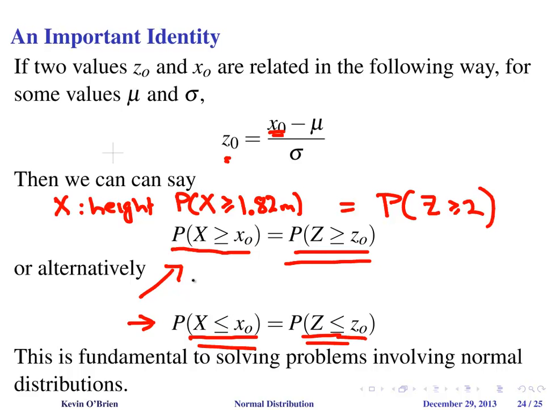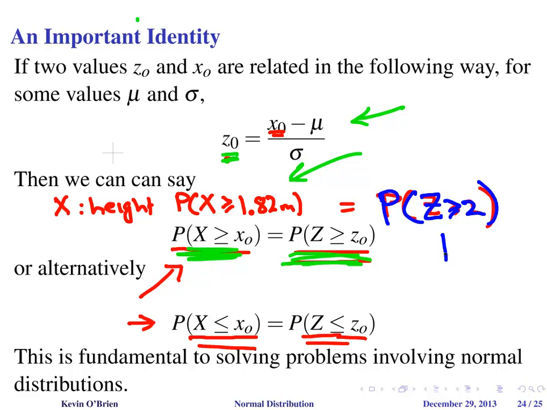So what about this? This is usually what you're asked in a question: what is the probability of a height being greater than 1.82 meters? What you do is you use the standardization formula to find the Z-score, and then you have an expression like this. Suppose the Z-score is 2, then the probability of X greater than 1.82 is equal to the probability of Z being greater than 2. This is something you can look up in the tables, and this actually works out to be